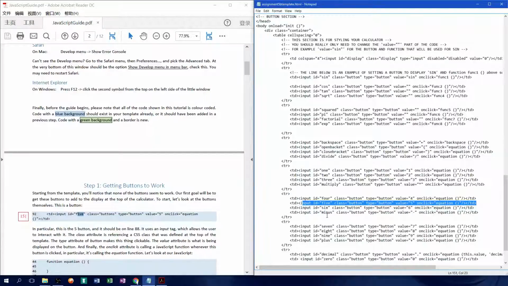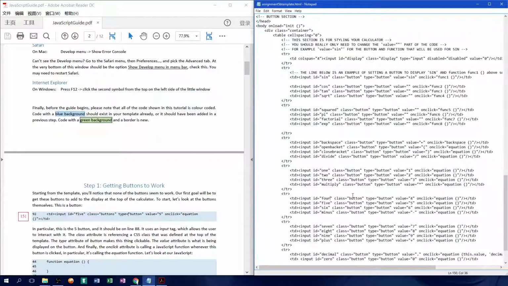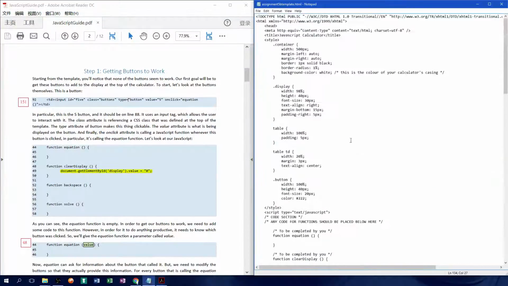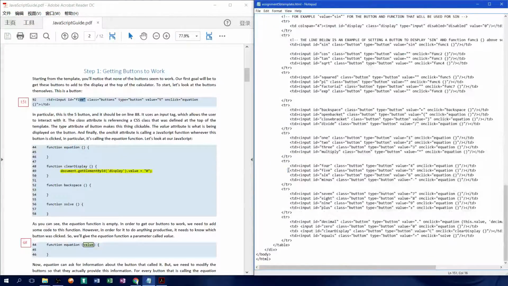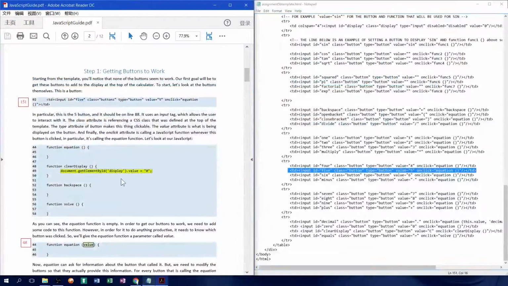So every time you're watching the guide here, make sure it matches. Always use the blue background code to match the one you have in your template. Sorry it takes so long to get started, but here we go. Step 1: open this entire document, and as we found before, this is the code showing here. It's a 5 button. Right now you can see nothing is working except 5, but 5 doesn't work as well. So you need to